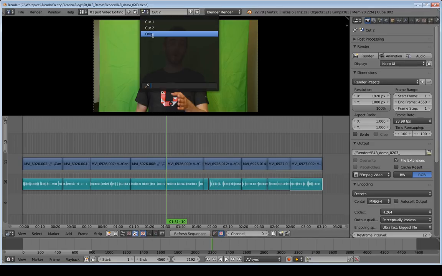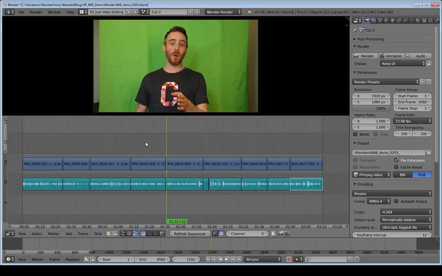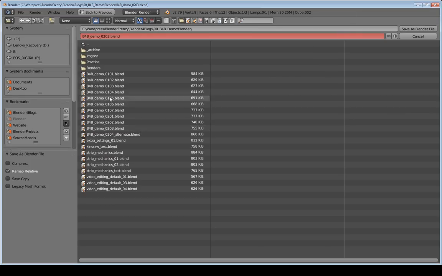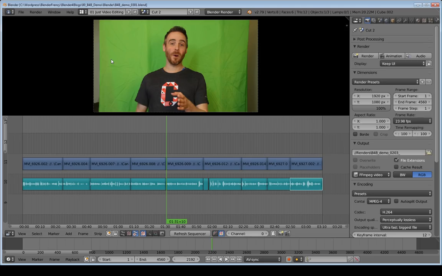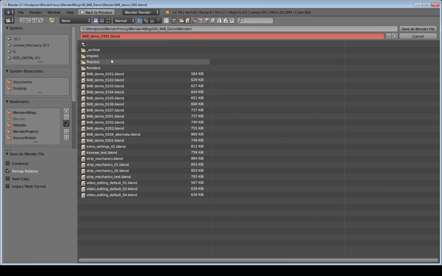So we have original Cut 1 and Cut 2. The very first thing I'm going to do is save it. So Control-Shift-S to save it as, and I'm going to change this to 301, enter, enter, and then I'm going to do it again, Control-Shift-S, and then bump that up to 302 again,